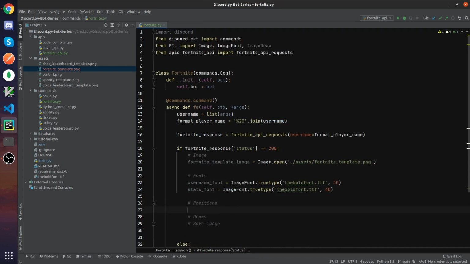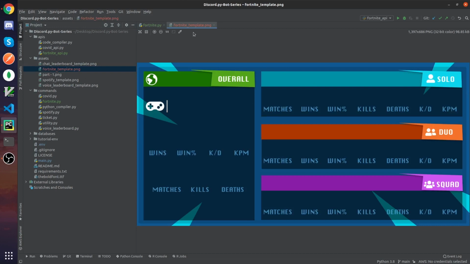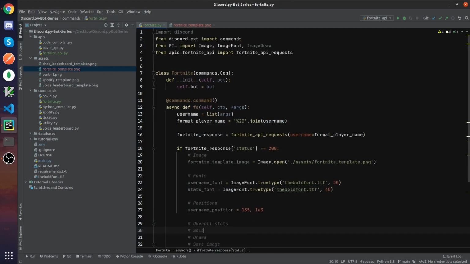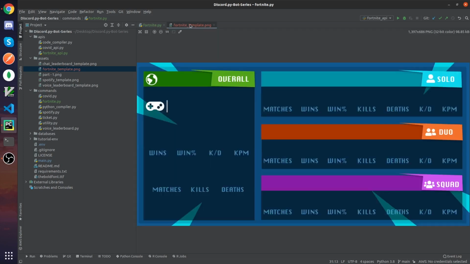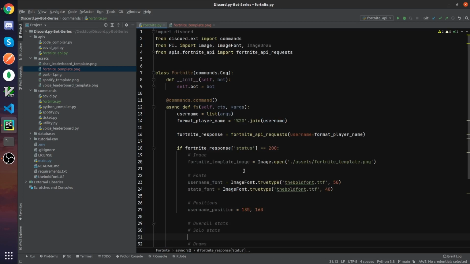And so I'm going to identify positions. First things first, I'm going to set the username positions, and we'll see that visually in a minute. So I'm going to set that to 135, 163. And then we're going to have positions for overall stats. Let's have a look. So overall stats and then solo stats. I'm going to write that in. It's a good way to differentiate each one of them and identify where each is, and then the duo stats